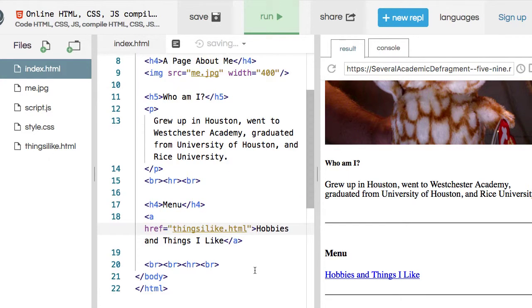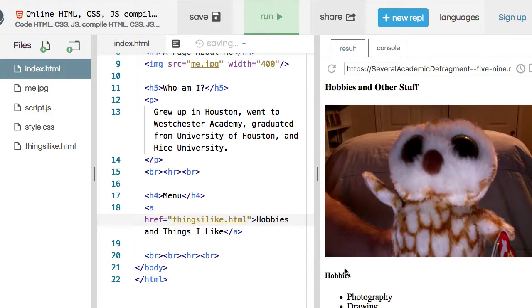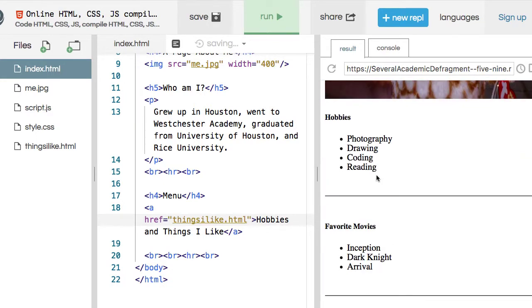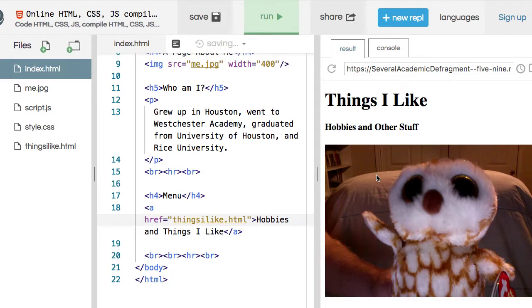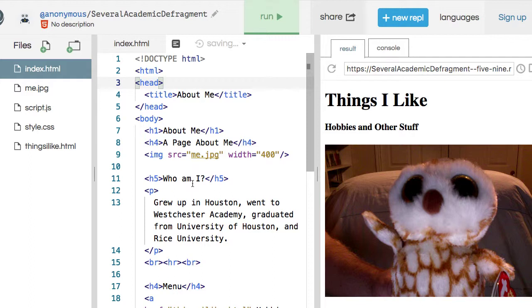So let's see, my link looks fine. This looks fine, right? I've closed the elements, and I think this matches exactly. So if I try it, it should go there. There we go. Things I like, hobbies and other stuff. Perfect. So now if I wanted to, I could copy and paste these things to GitHub, and that should work. So far all we've been doing is HTML. What about the CSS? So CSS will make things look nicer,